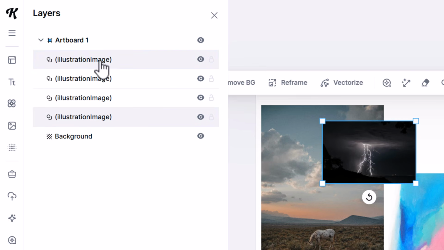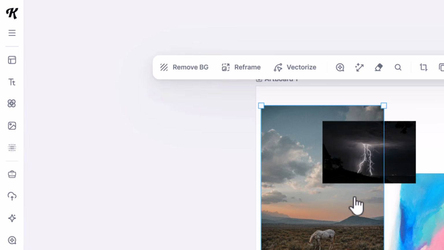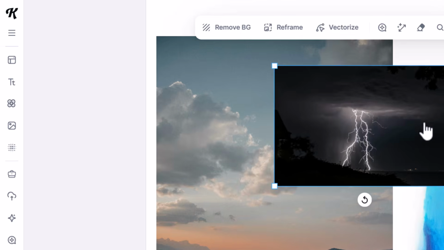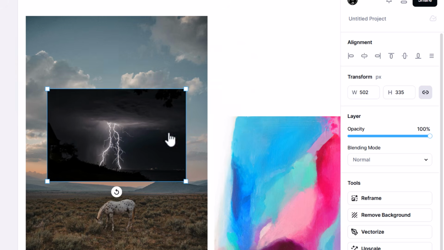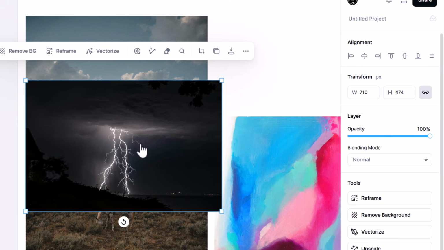Now that is essentially how layers works, dragging them up and down. I can turn it off, I can even lock it in position so it doesn't move, and we have a few options there. But what's really interesting is if I shut this down, zoom in a bit, and take this lightning and add it somewhere into the scene,